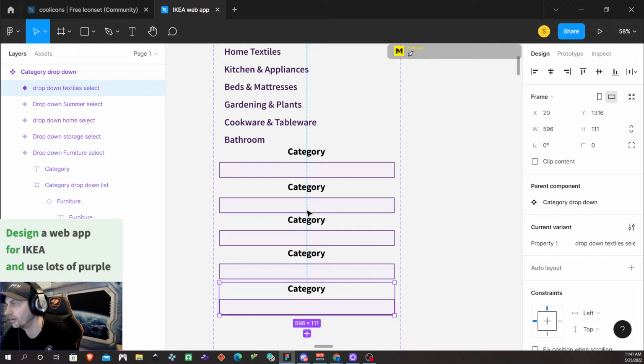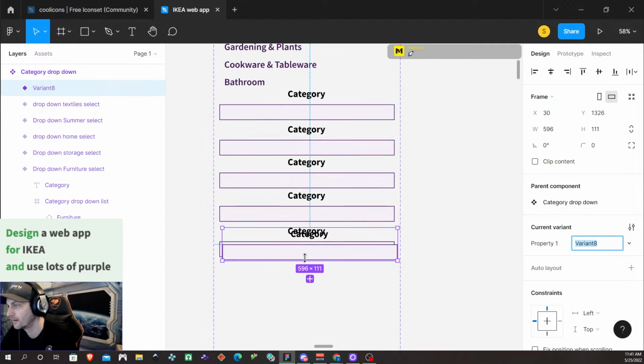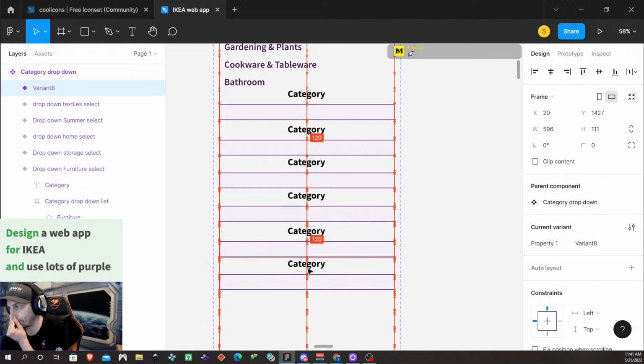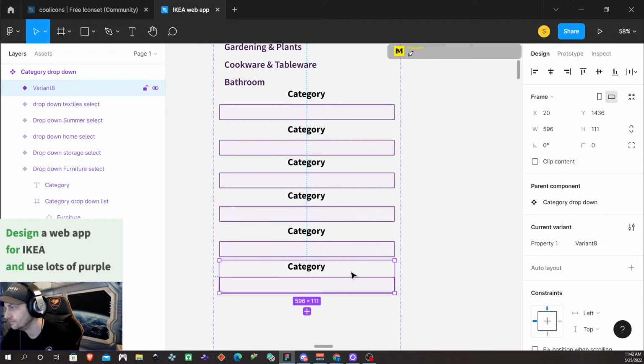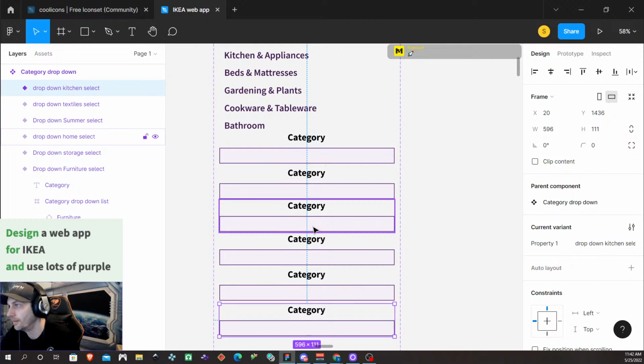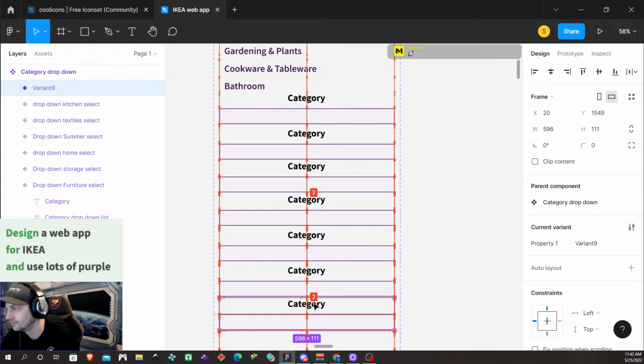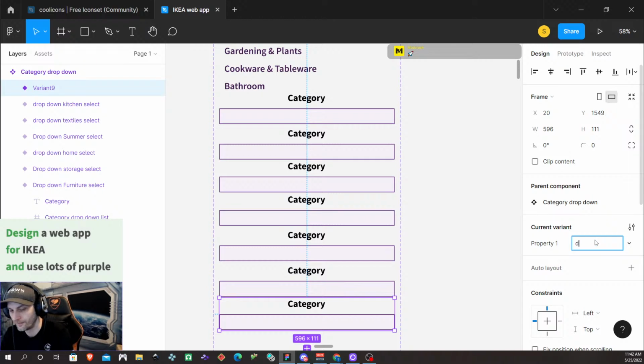Our next one is gonna be kitchen. Drop down kitchen, select, then beds. Drop down beds, select,